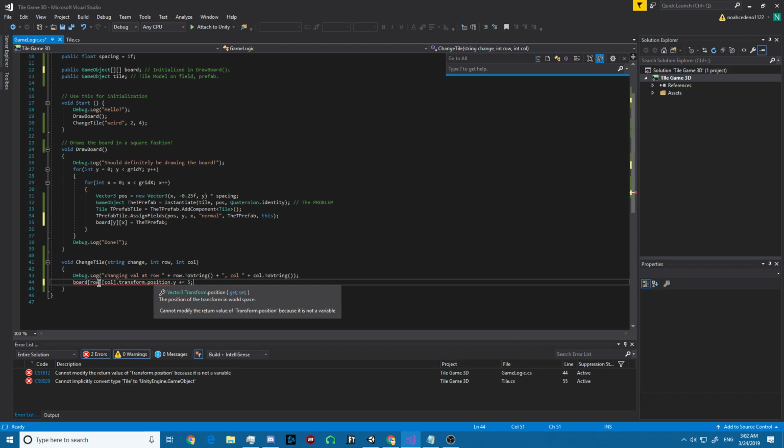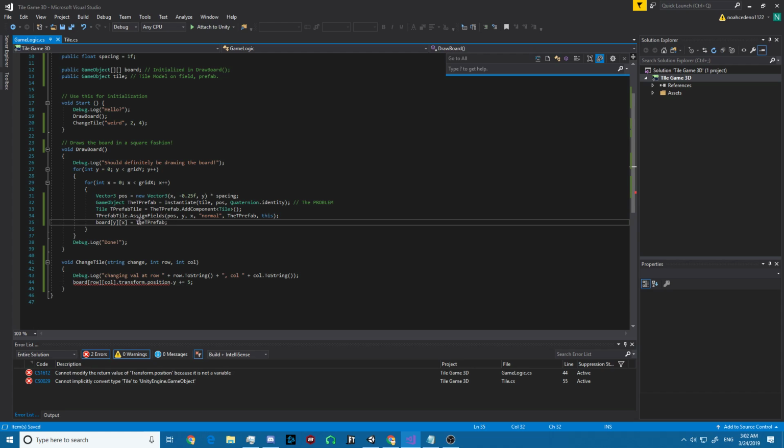Transform the position, because it is not a variable. Interesting. So we have our friend here who's being referenced. Interesting. This implies that we will have a harder time changing these than anything else, and that is discouraging to me,